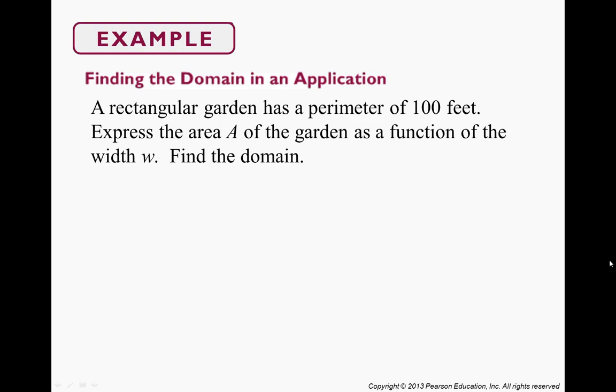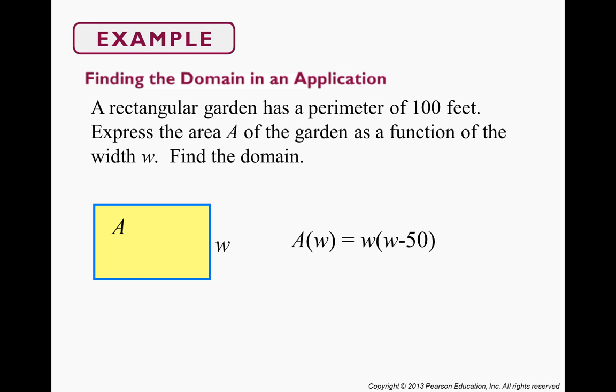All right, so here's an application. A rectangular garden has a perimeter of 100 feet. Express the area of the garden as a function of W and find the domain. So here's the area. This guy's W. So if the perimeter is 100 feet, so this guy plus this guy plus this guy plus this guy is 100, then W, which is the width, times the length, which is W minus 50,